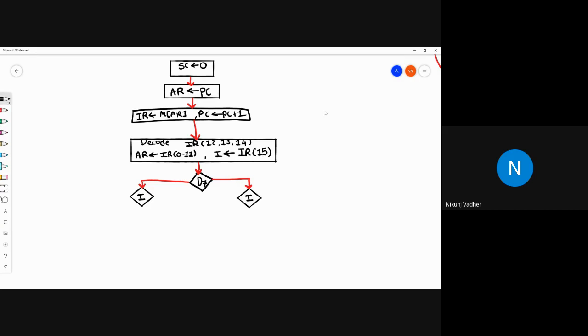If value of D7 is 1, then we will check the value for I. We will label all these parts so you can have an idea of how it will work.